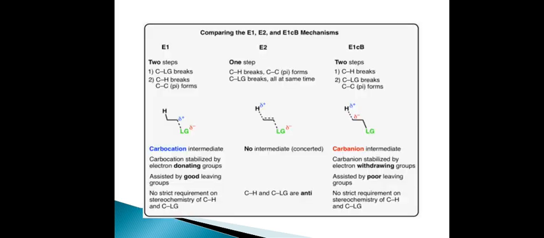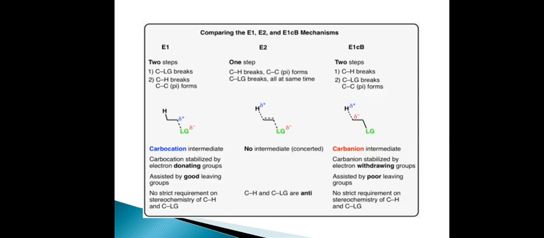So coming to the comparison. The E1 mechanism is a two-step process, E2 is a one-step process and E1cb is a two-step process. In the E1 mechanism, the C-leaving group bond breaks, the C-H bond breaks and the C=C pi bond is formed. Whereas the E2 mechanism is a one-step process where everything takes place in a single